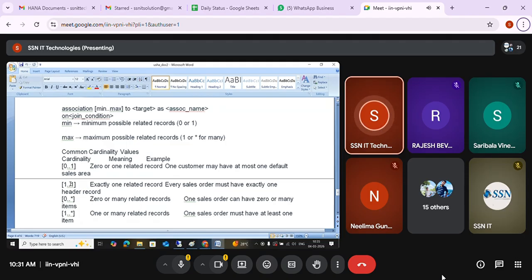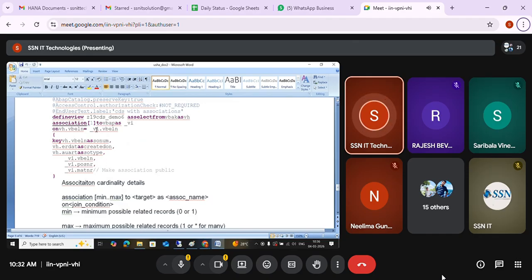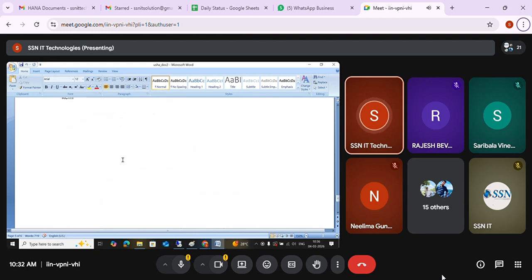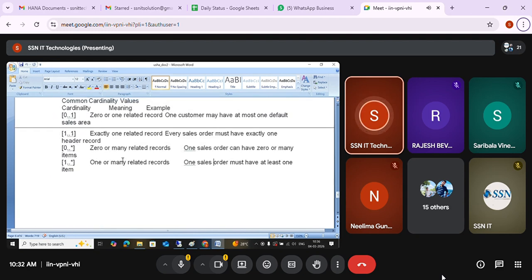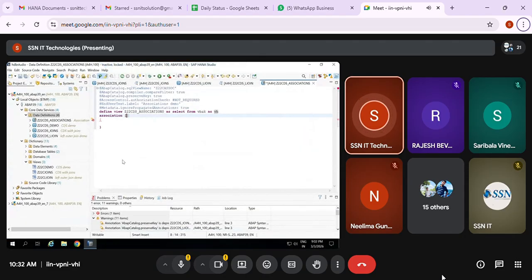So these are the cardinalities. Whenever you give the association, you compulsorily have to give the cardinality. If I give only one, it is going to be treated as 1 to star by default. So you can give 1 to star also.